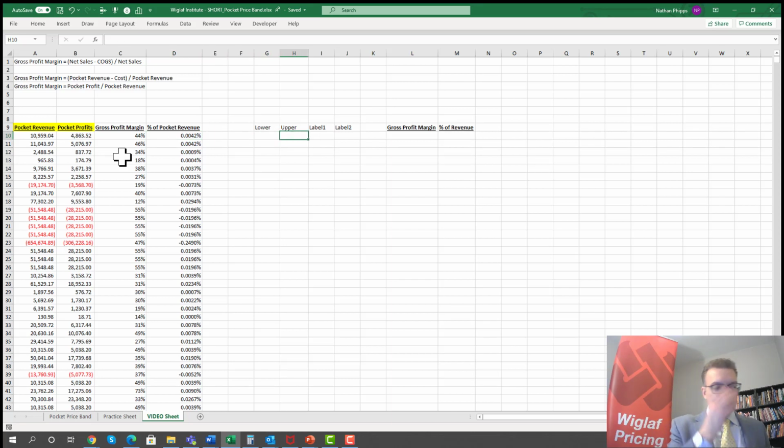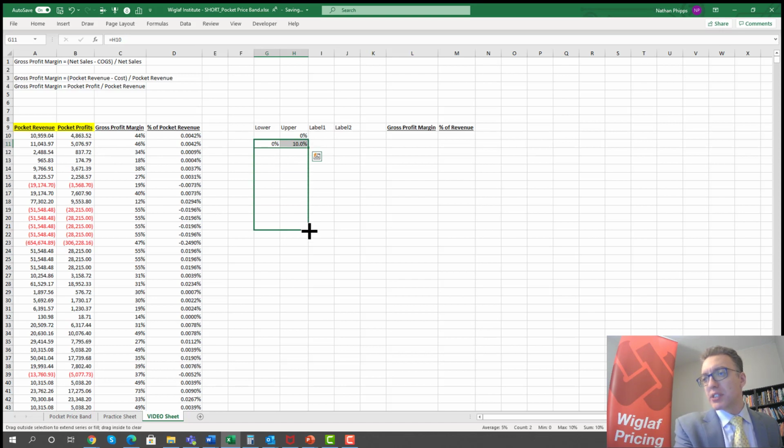So what does that look like? Well, let's see. I know that we have some negative numbers here, so I'm going to set the upper limit for the very first bucket at 0%. For the next bucket down, or the next bucket to the right, the lower amount will be the exact same, and the upper amount is going to be the lower amount plus 10%, or 0.1, like that. And if we just select that and move it down,